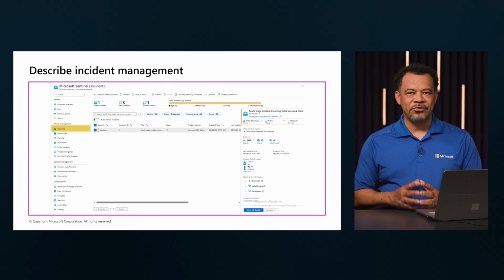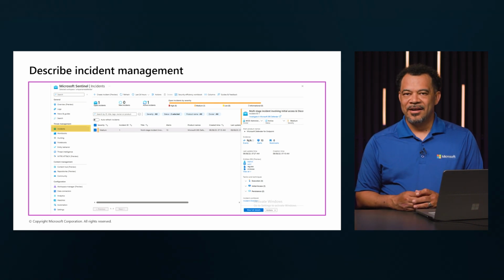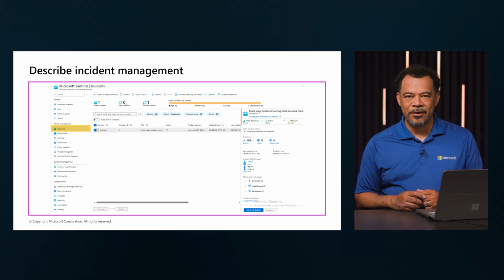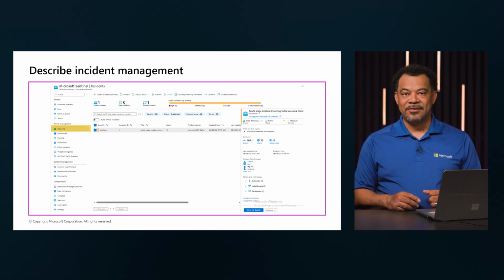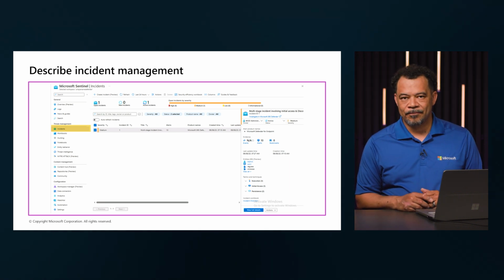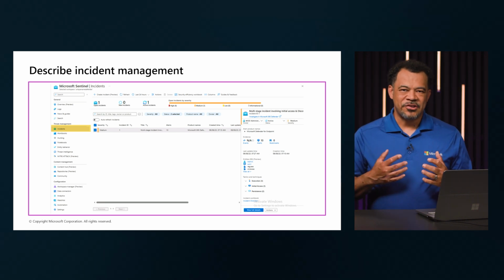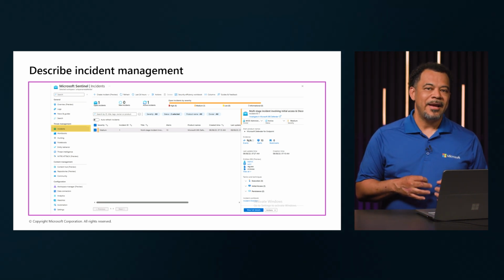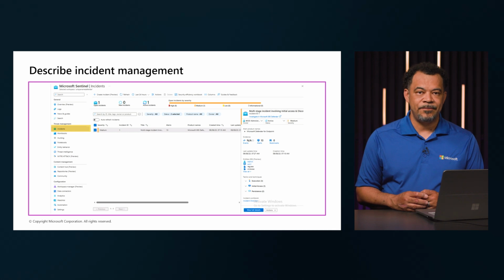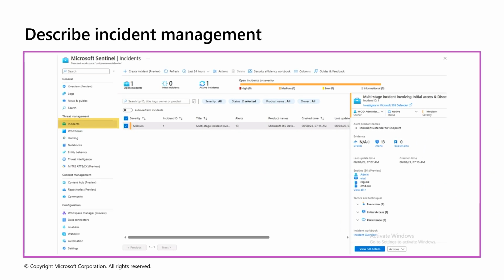Each incident includes detailed metadata such as associated tactics from the MITRE ATT&CK framework, related entities, and ownership status. The interface supports both high-level monitoring and deep dive investigation, helping teams maintain situational awareness and streamline their response workflows. This structure ensures that critical threats are addressed promptly and consistently.